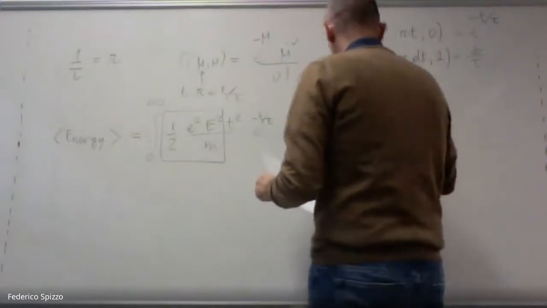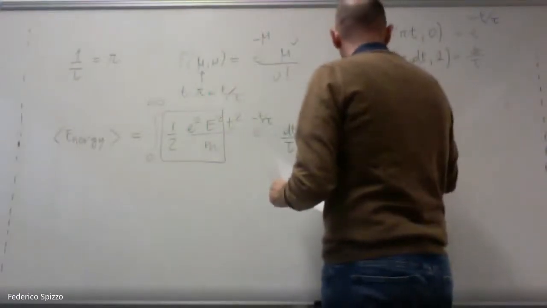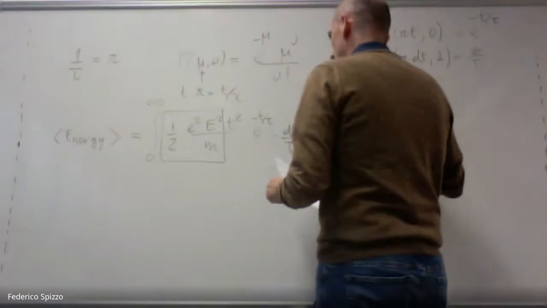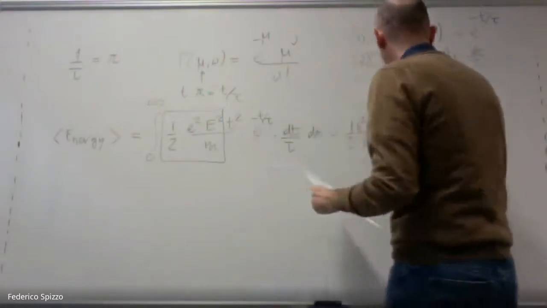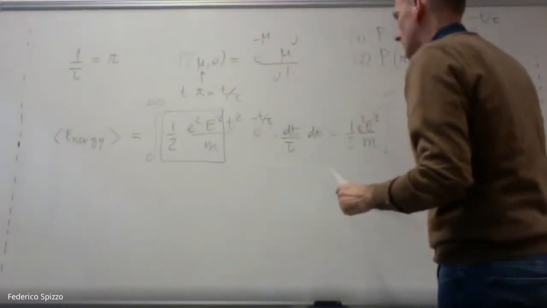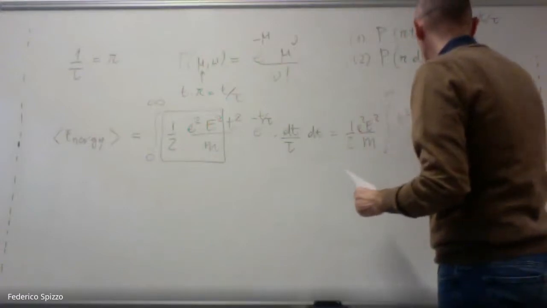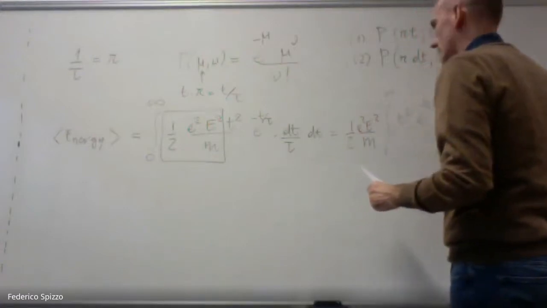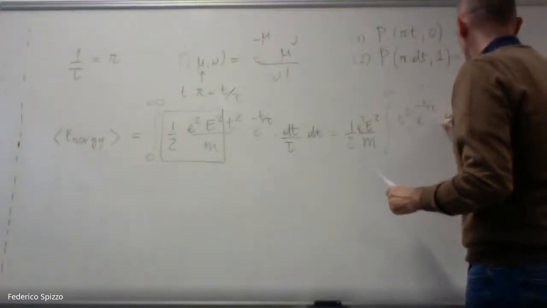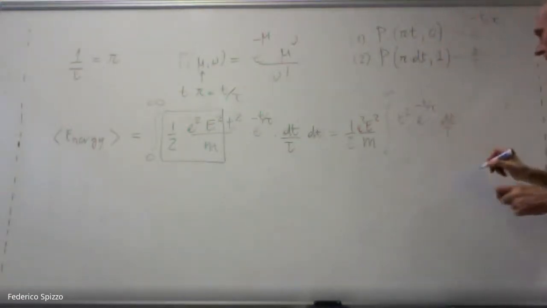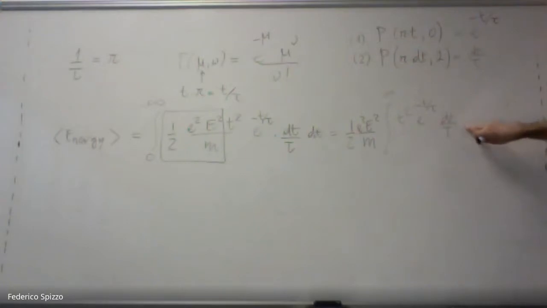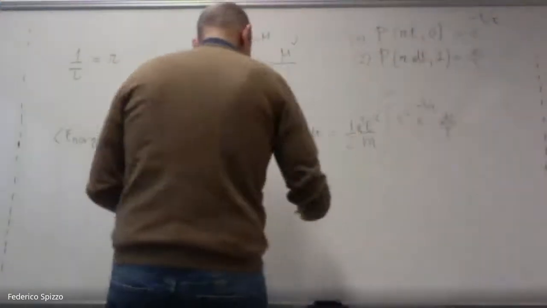So at the end, we have 1/2 e squared divided by m, and the integral of t squared minus t divided by relaxation time, dt divided by relaxation time. And if you evaluate the integral, what you obtain is